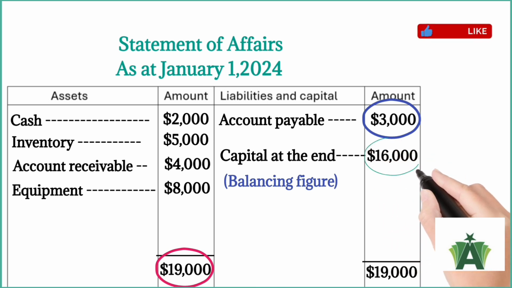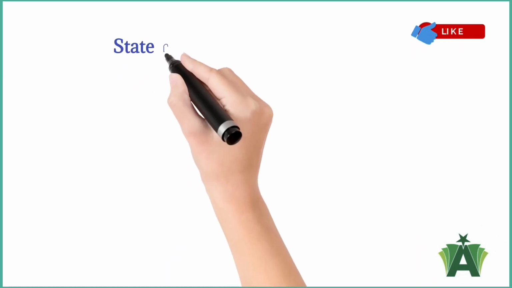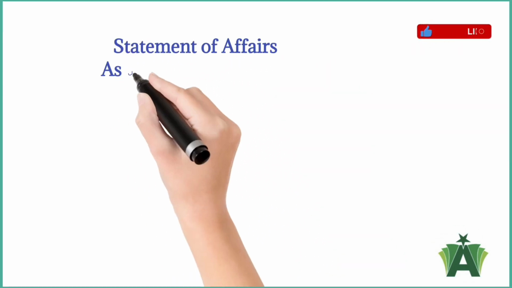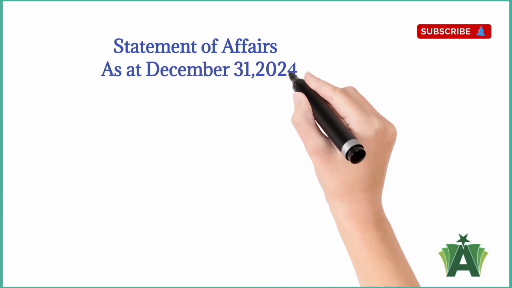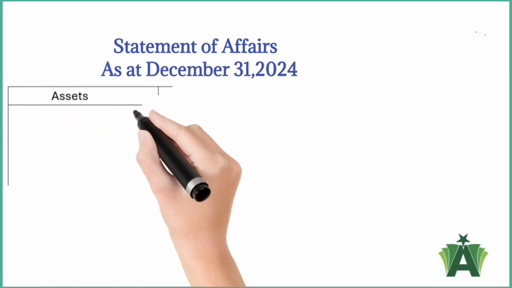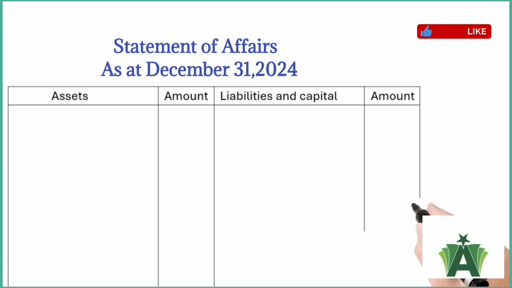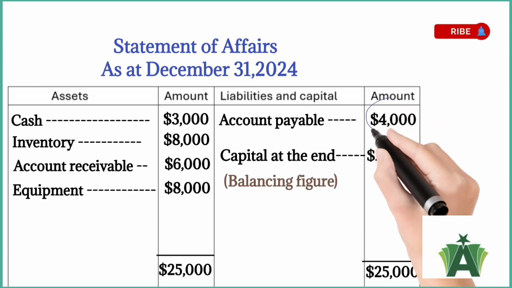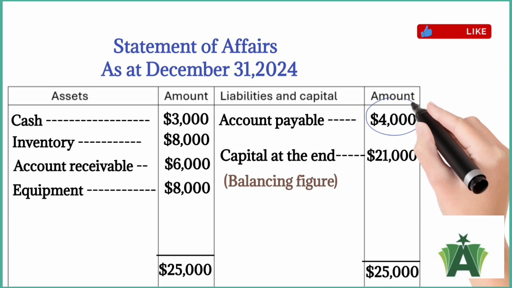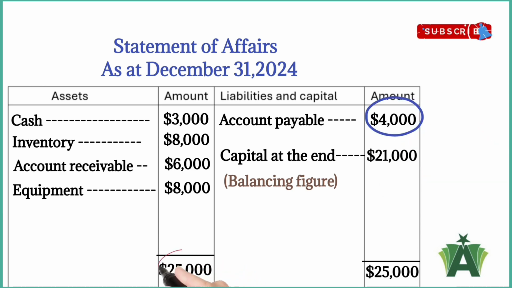of $16,000. The second step is to prepare a statement of affairs as of December 31, 2024, listing all assets on the asset side and all liabilities on the liability side. Capital is then calculated by subtracting total liabilities of $4,000 from total assets of $25,000, resulting in a closing capital